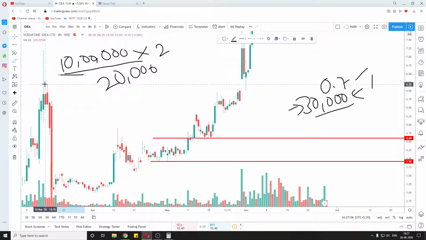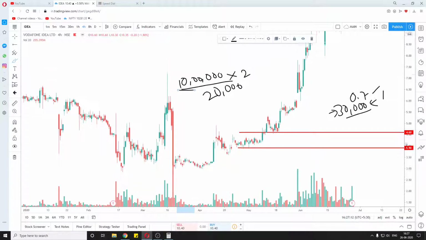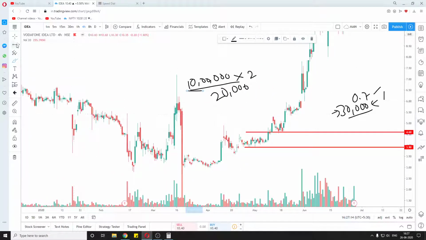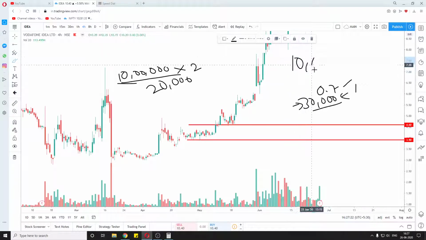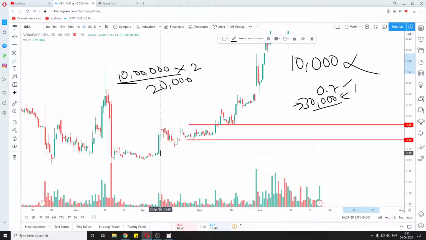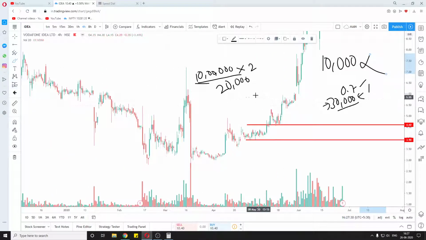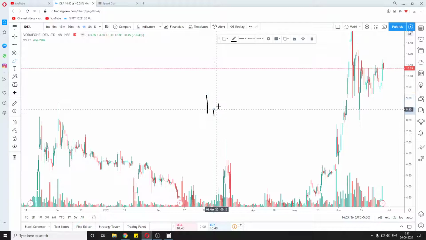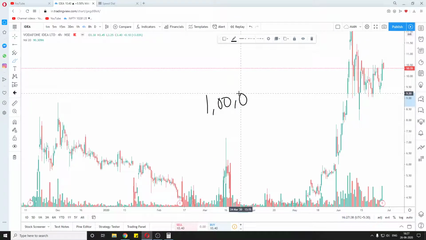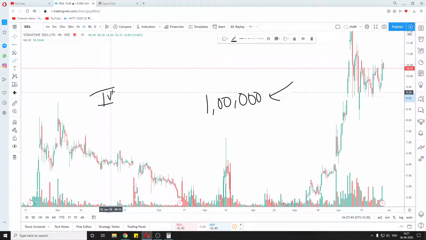If your capital is small, it is very difficult to make good profits. That is why it is recommended that if you are serious about the share market, your capital should be big. If you are looking to trade with 10,000 rupees capital, it is very difficult. So let's talk about that as well. A good capital for trading is at least 1 lakh. If you have anything less than that, you should just invest in shares and not trade.